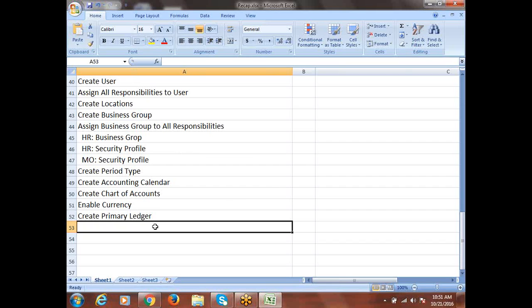Legal entity. Okay, we know it will be there under primary ledger as per multi-org, but how the relation we have to build between primary ledger and legal entity, we already did, right? The same means we'll create the legal entity, that will assign to primary ledger, then we'll assign balance segment values to,